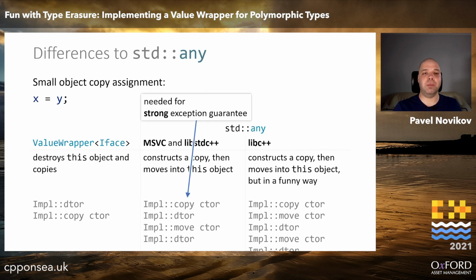This is needed because it wants to make a strong exception guarantee, which means that if the first copy throws, then the instance that we want to assign to is left in the same state as it was before the attempt to